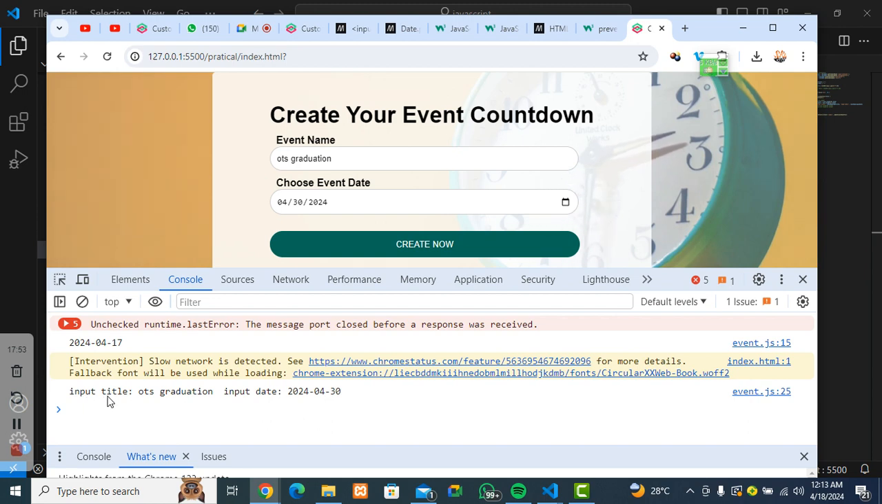So you can see the OTS graduation, and the date, we're having this date. So we are getting almost everything that we need. So let's also look at how we can utilize this information. So what we are going to do next is that we are going to